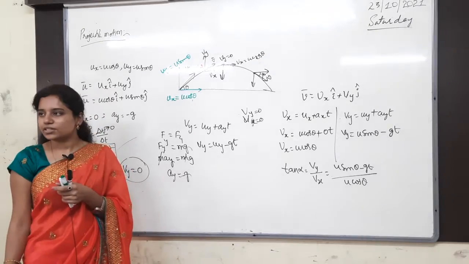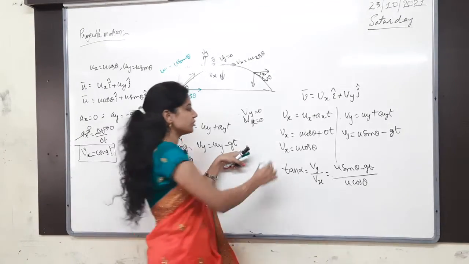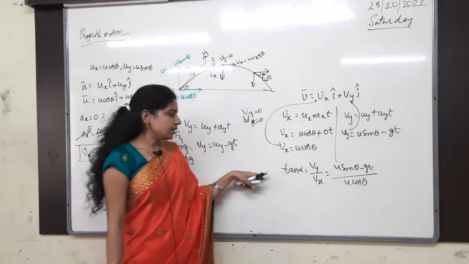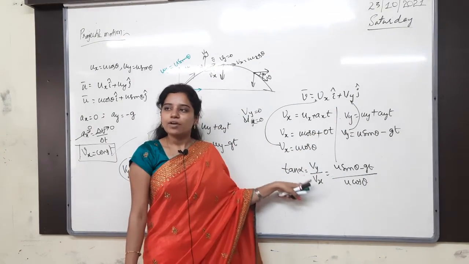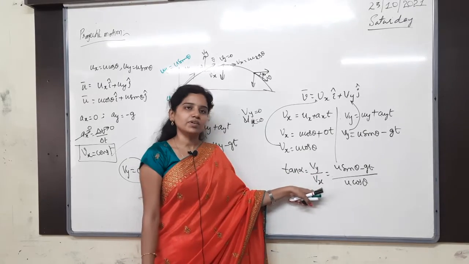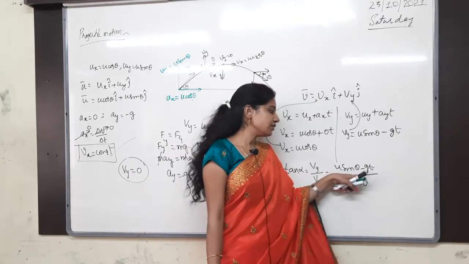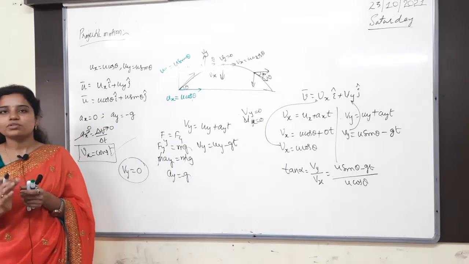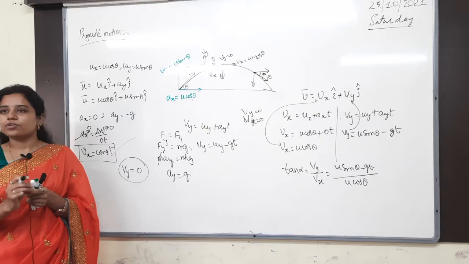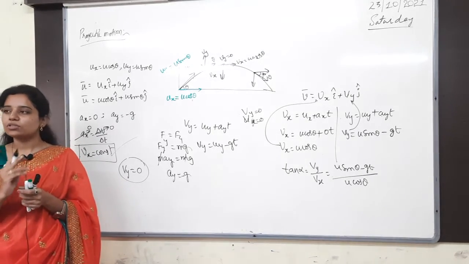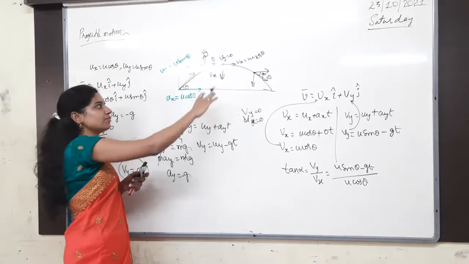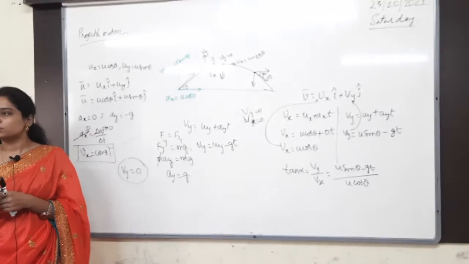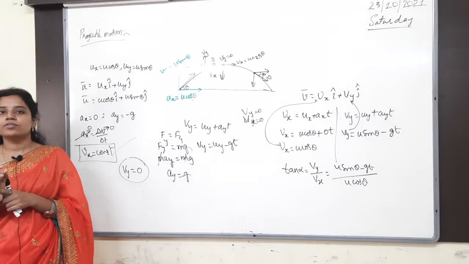This is what we have discussed in the last class. Total velocity is equal to, you can substitute this one here and this one here. That is the velocity, and the direction of that velocity after time t is nothing but Vy by Vx. What is the Vy value? U sin theta minus gt, by Vx value u cos theta. So throughout the motion, u cos theta is constant. That might be initial point, final point, and maximum height, everywhere u cos theta will be there always.